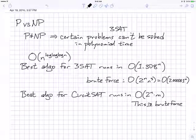This algorithm has been known since people started thinking about logical circuits sometime in the late 1940s, 1950s, when people actually started building computers out of them. Shannon came up with information theory as a master's student. That never ceases to amaze me. So Shannon founded an entire field as a graduate student. And part of the theory that he developed led people to think about Boolean circuits, minimizing Boolean circuits, trying to decide whether Boolean circuits are equivalent, trying to decide whether Boolean circuits are trivial, which is essentially what the circuit SAT problem is asking. And in particular, this study of optimizing circuits